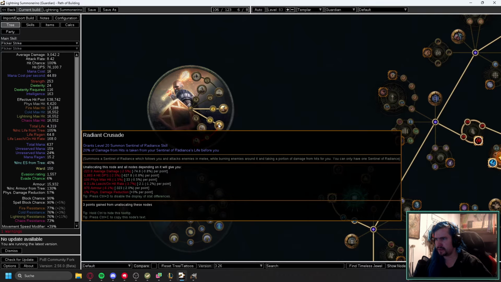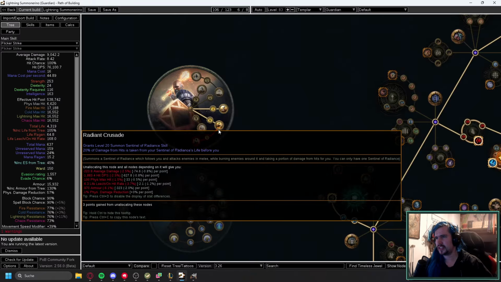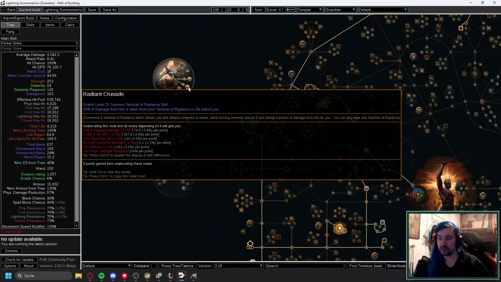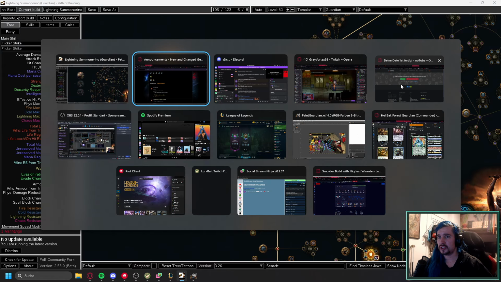You would have Radiant Crusade and Unwavering Crusade, which would be very, very good. The Sentinel basically crushes the campaign alone and gives a lot of options for crushing yellow and red maps, and basically we just need to give some additional clear with the lightnings, and then go probably with 2 single target breach grafts skills. Then we have Time of Need for the beginning, and later on I want to...